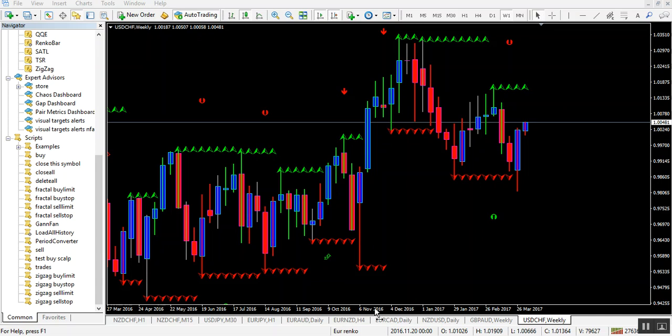Here's something I use quite often. Let me show you how it works. It's a visual targets and alerts, and what I use now is what's called NFA compliant. You can't have opposing signals. If we went to put it on the chart right now,